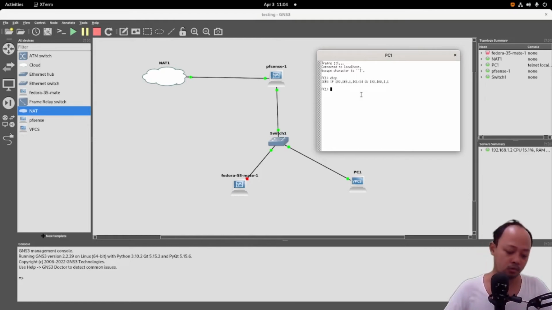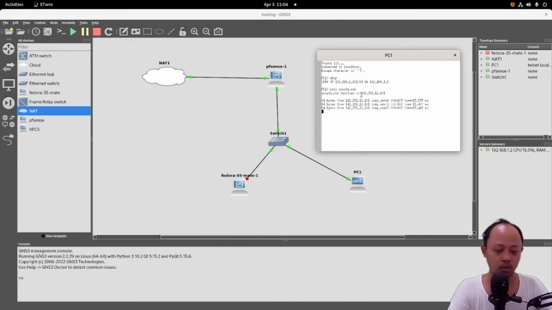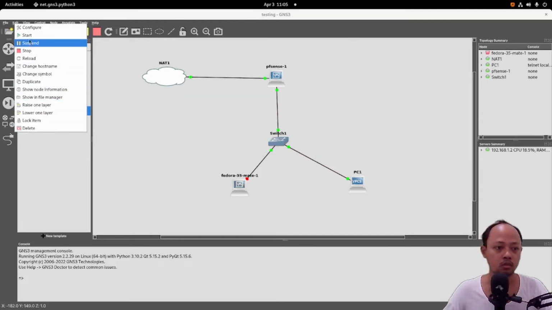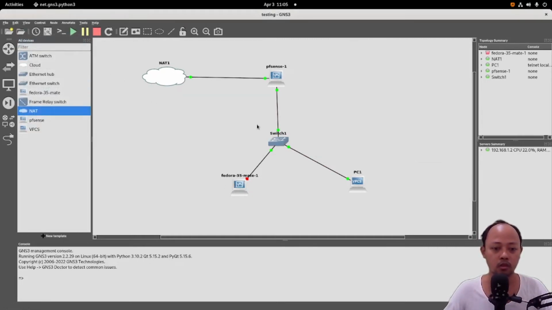So we will try to ping google.com. We can ping google.com. So this topology is running well, and we will try to start this Fedora.